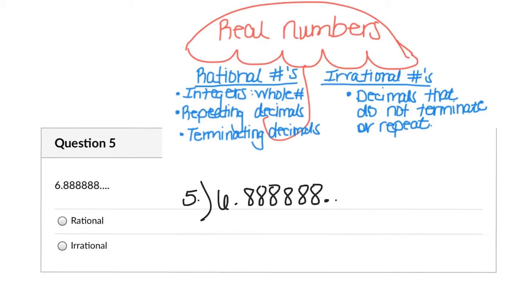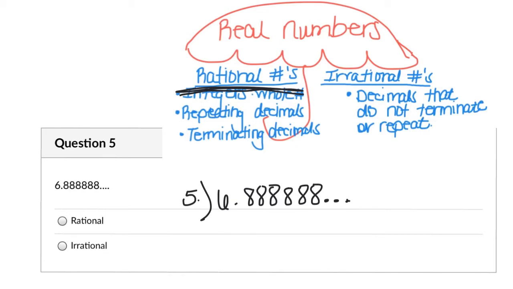6.8888888... I'm going to rule out an integer. This is not an integer. It's not a whole number. It is a decimal. The question is, is that a repeating decimal, a terminating decimal, or a decimal that doesn't terminate